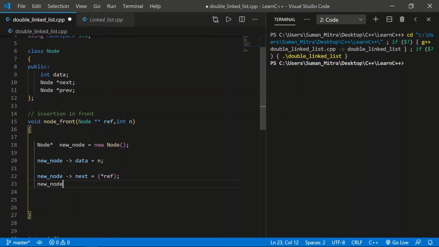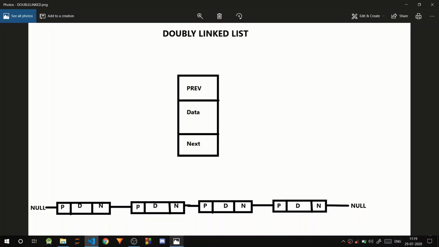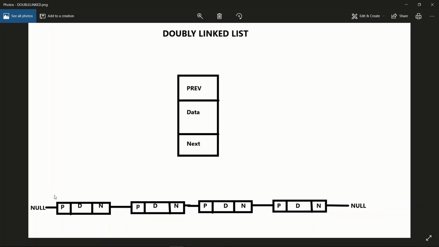And in the previous video, I said in a doubly linked list we need a previous also. So we'll just write new node, and in the previous we'll just pass null. Okay, why did I do this? I'll go once more to the example figure to show you. I said whatever is first, its previous should point to null. You can see this is the main systematic. You should know this.